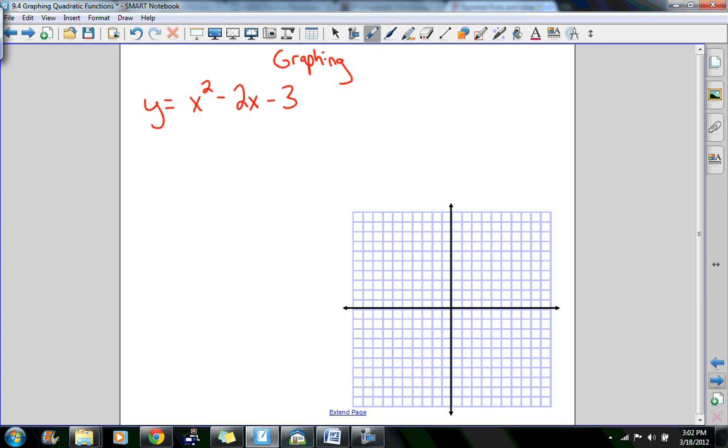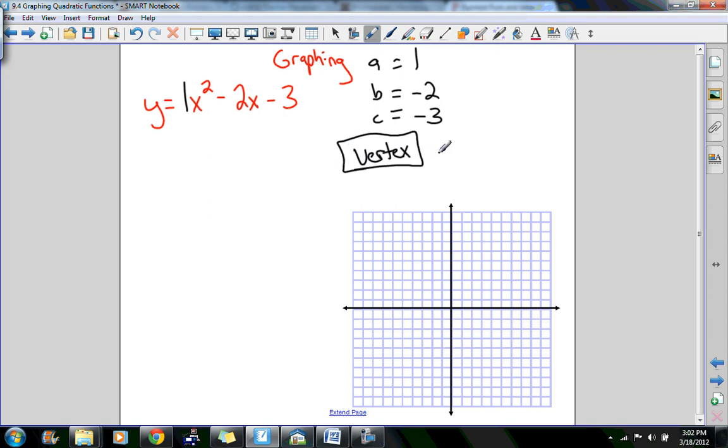Graphing these terms. Now, the first thing you need to know is we need to find the values of a, b, and c in order to graph. And I'll show you why in just a bit. Andy's method, so the value a is 1, b is -2, c is -3. Now, the vertex, and this is important,